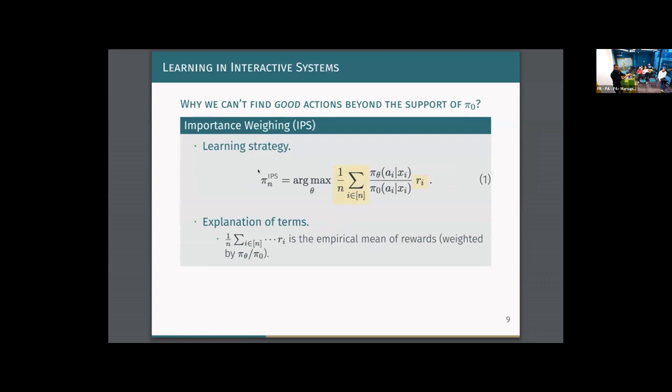So remember, our goal is to find a new policy pi. Here it's parameterized as pi theta. Pi0 is the current recommender system. Think of it as our current neural network or linear model or whatever we are using. Pi theta is a new neural network that we parameterize in a certain way that we think is a good way to parameterize recommender systems. The idea is we want to optimize pi theta so that it has better performance than pi0. Pi theta will have better reward, okay? Pi theta also includes parameters over the actions.